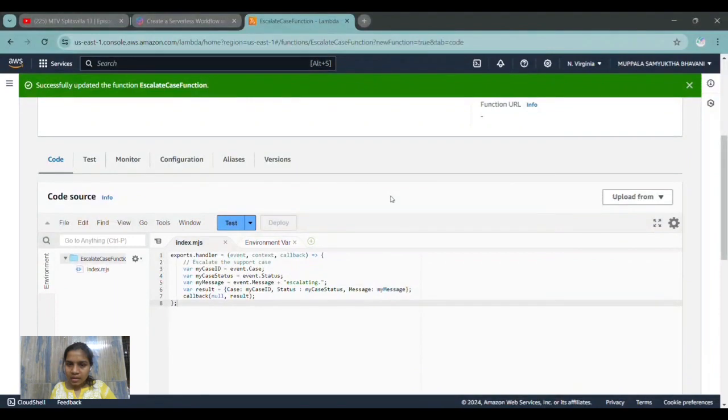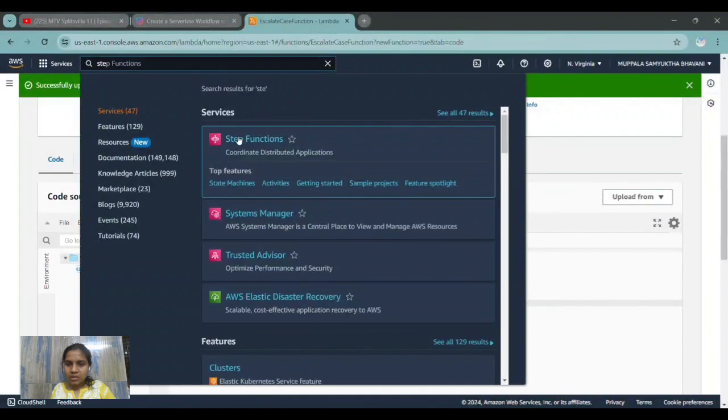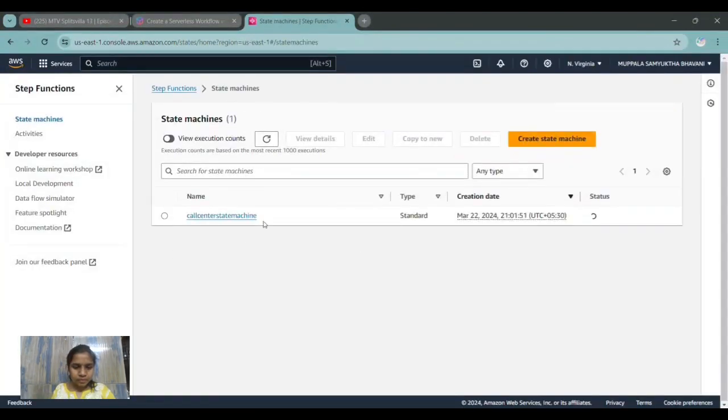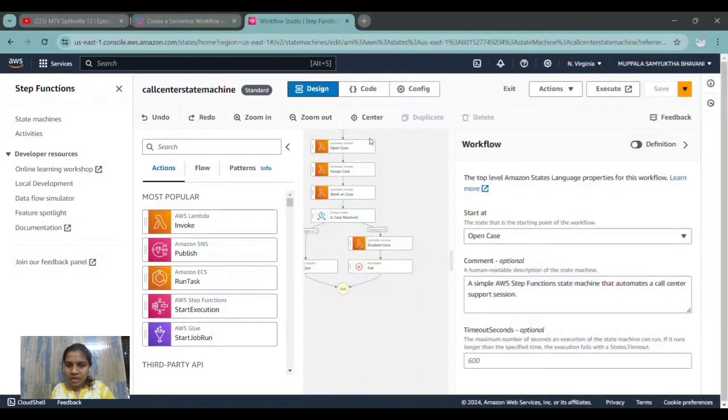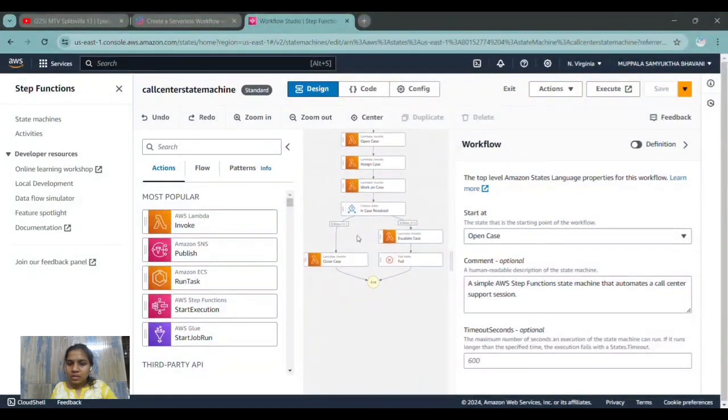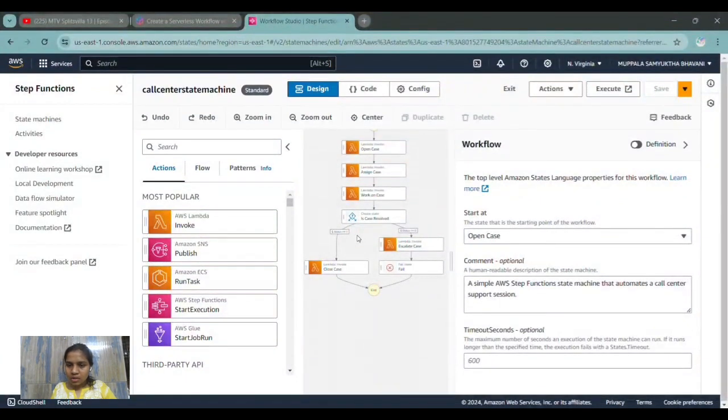So I'm pasting the same code from the steps into the lambda function and deploying it so that it is getting updated in the state machine. And then going back to the step functions, I'm opening the call center state machine to observe the changes that are made in the lambda function. So here we can see all the test cases have passed except one,